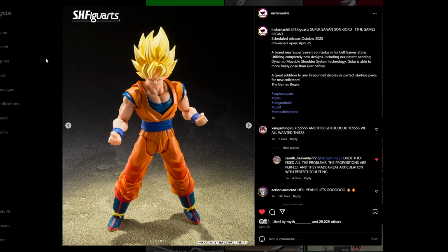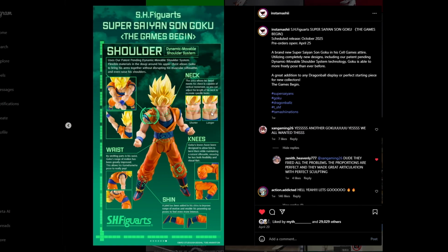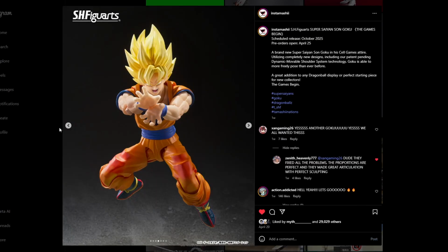Last thing, the head swap potential on Daimaku is really good actually. Daimaku can fit almost every 2.0 Goku head. It may not look the best, but the fact that it is compatible at all really makes me think that this could possibly be the same. But to knock against that point that I just made, the new neck system where you can make it shorter or longer might prevent certain head sculpts from fitting on this Goku, so you might not be able to put your Super Saiyan Blue head on this guy or your Ultra Instinct head on this guy. But it could be possible. I don't know. We'll have to wait until we...